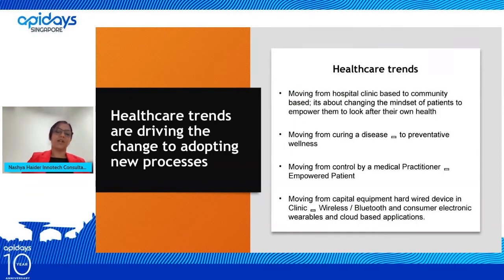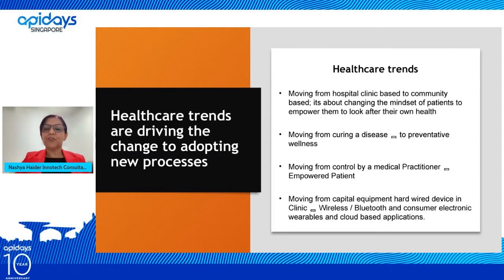Now, what are the healthcare trends that are driving the change, creating new processes? So the healthcare system, as we all know, is already overburdened and overloaded with the growth of diabetes and associated heart and kidney diseases in developed countries. And it will become more and more overloaded year by year. Hence, developed countries are by necessity moving to preventative medicine rather than curing a disease. And healthcare is moving from hospital care to home care.